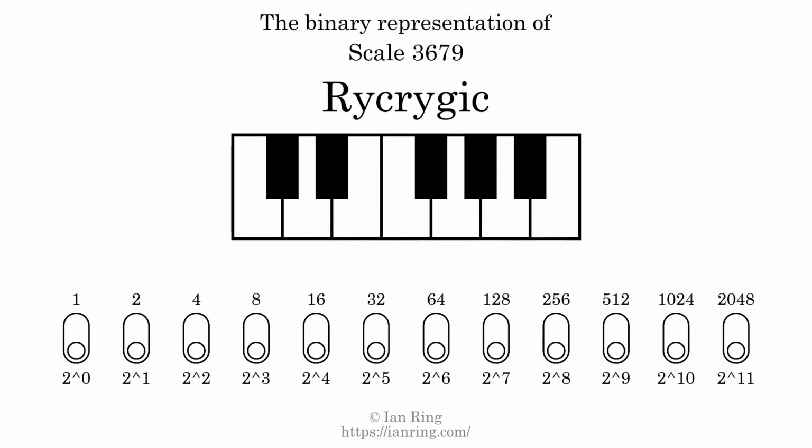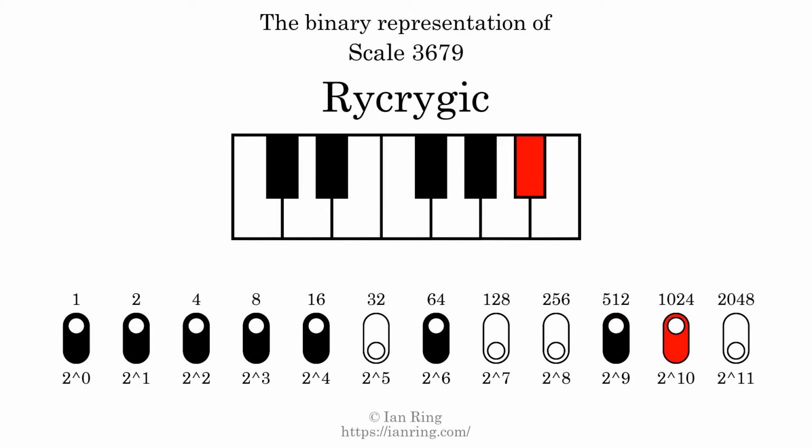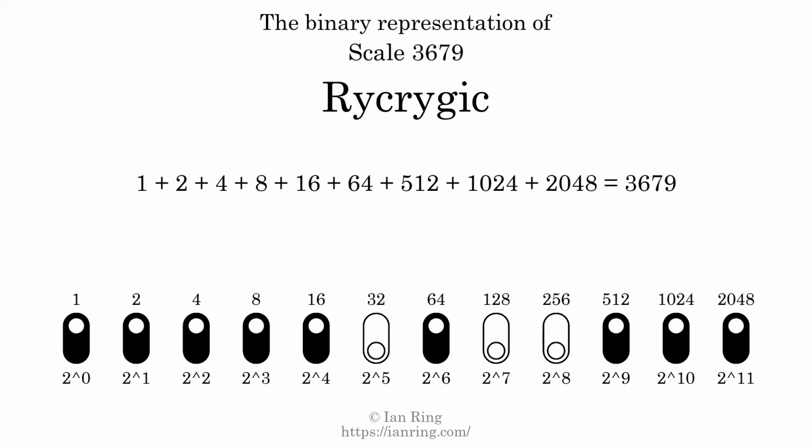The binary representation of this scale is determined by mapping tones of the scale to binary digits. Each binary digit represents a power of 2. To get the scale number, we add the powers of 2 together. The powers of 2 that are present in the scale, all added together, equals 3679. That is why the scale number, in decimal, is